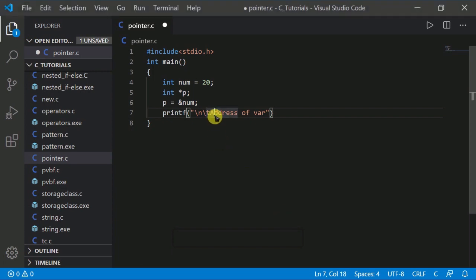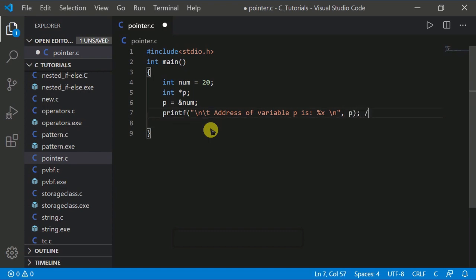So the address of variable p is %x, and after the slash n, print the variable p.